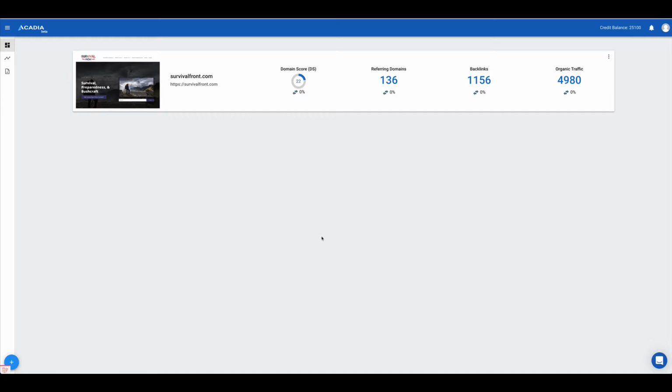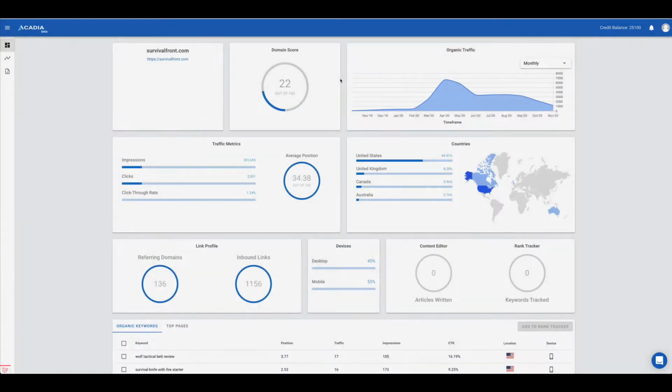We're in the Arcadia dashboard at the moment, and as you can see, we've got a project already created. This will give you various metrics, including our domain score, a proprietary metric, your referring domains, your backlinks, and your organic traffic. If we click into this project card, you can see that it drills down deeper into the data